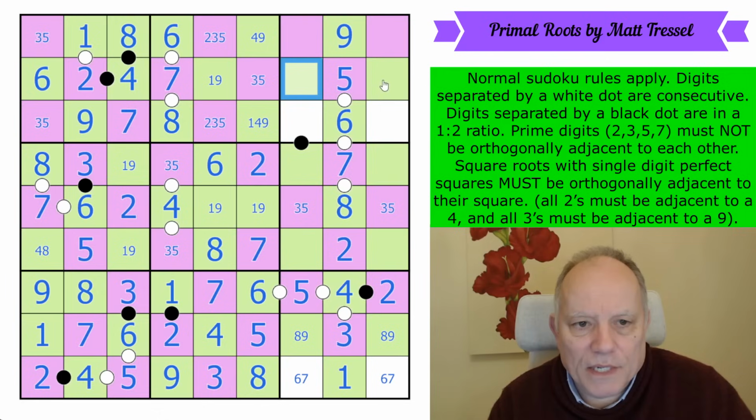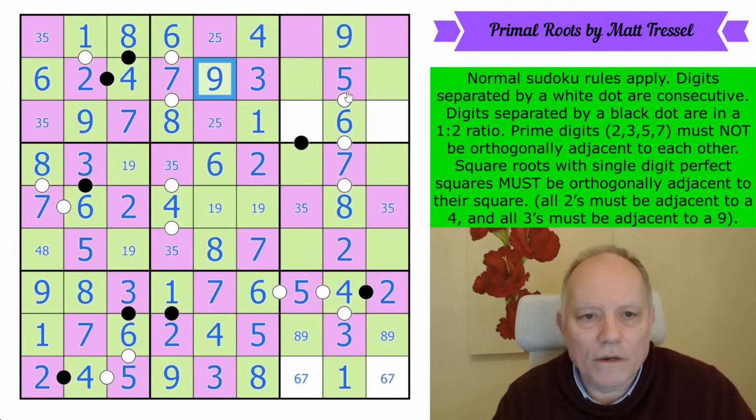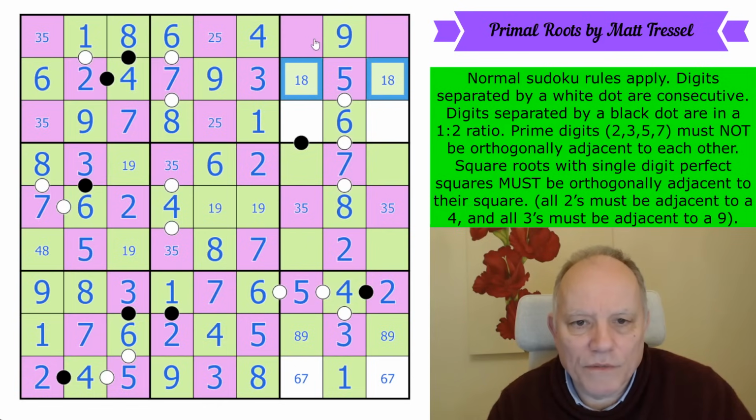9, 5, 6, 6, 2, 4, 7. That's become a 3. Sorry, it takes me a while to see what is just done naturally. Oh, look, all of those non-prime digits are done. This is a 1, 8 pair. We've got 1, 8, 9, 5, 6. We've got...